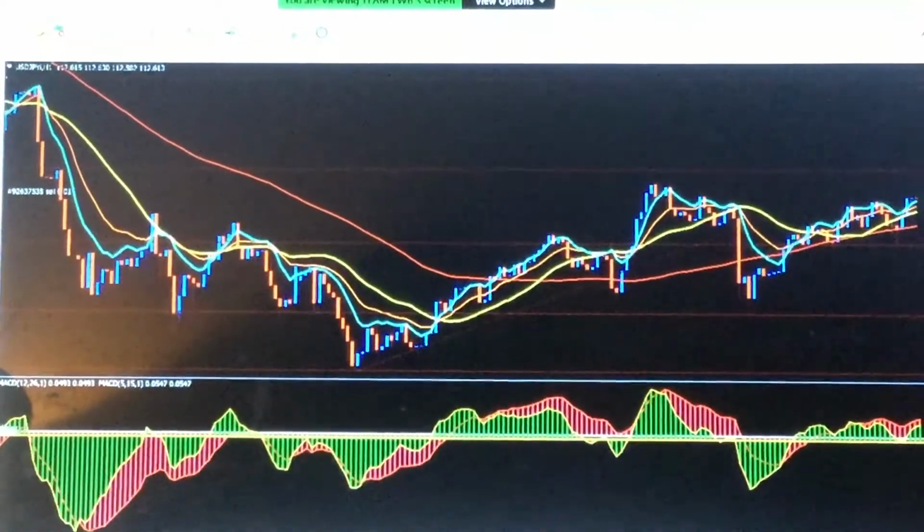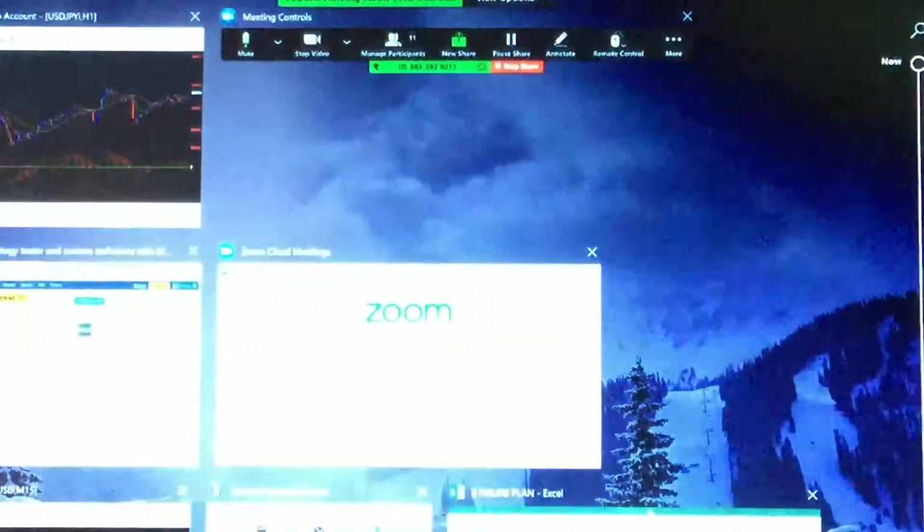How many of you guys have your savings account? And if you're brand new, I'll make sure that